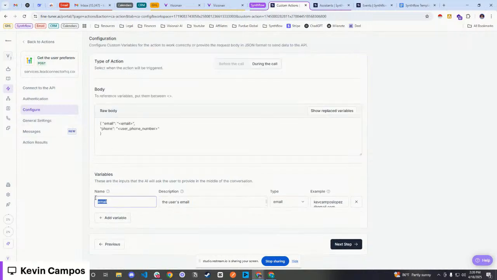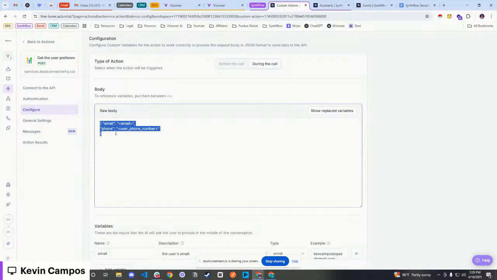Because what this is going to do, these variables, so these will input the AI to ask the user, and it'll gather the information and use it for this API. Okay. Now,